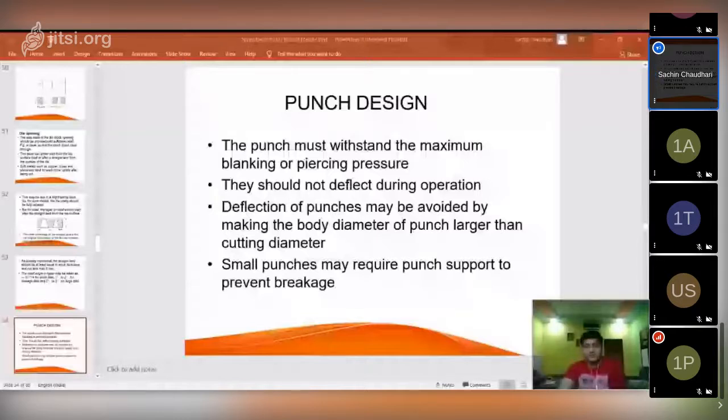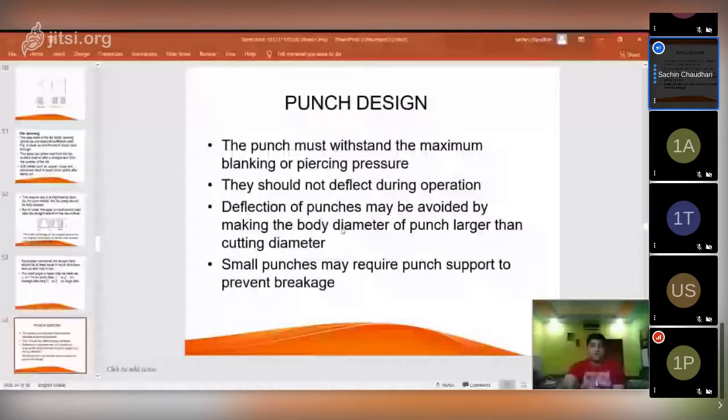Okay, so they should not deflect during the operation. That's why it's provided with the flange. Okay, so deflection of punch may be avoided by making the punch body diameter larger than the cutting diameter. Okay, this is another way to avoid the deflection.